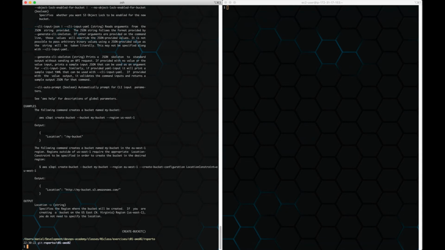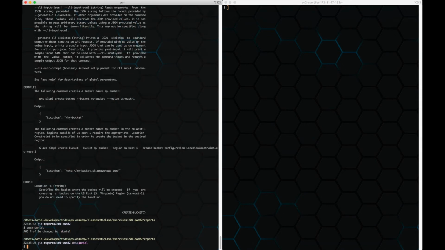We have here an example of how to create a bucket. And then let's try this one. First, I need to activate my AWS profile because I don't have it active by default. Okay, so now let's create the bucket that we want to use. I'm going to call it